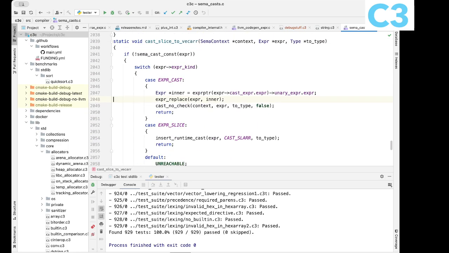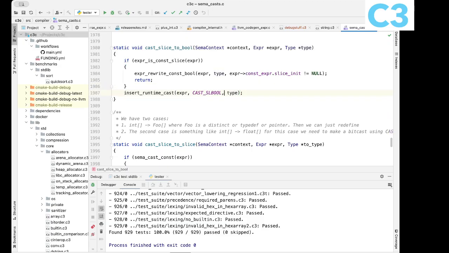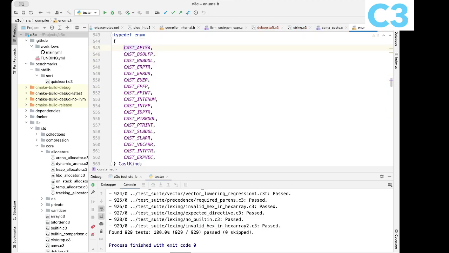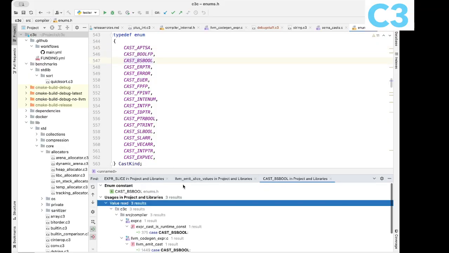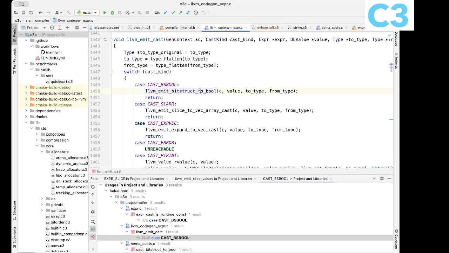So before that, most of it looks like this. There was a list of casts, and these casts would be lowered at the LLVM level. And now, a downside of doing it like this is that when you want to do another backend,